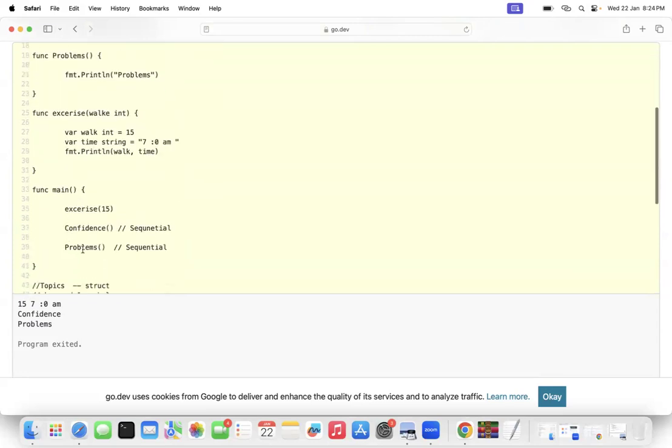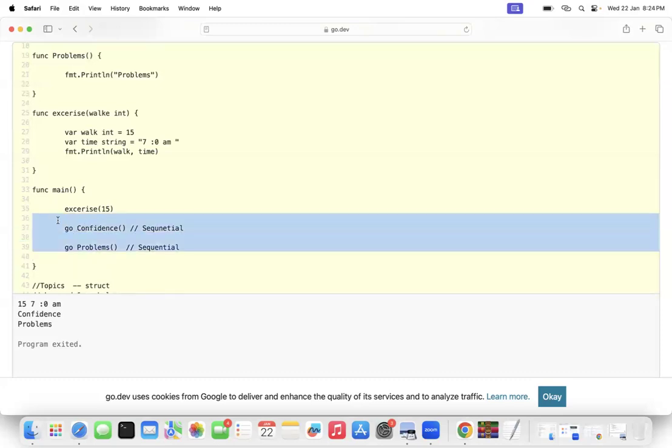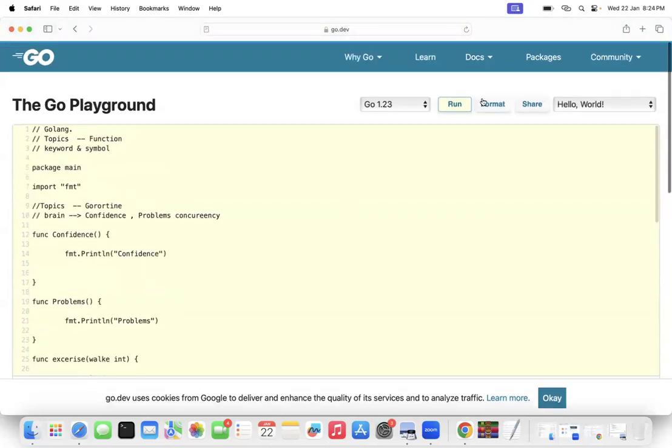So to get that concurrency, you have to make this a goroutine. So just write go here. If you just write go here and go there, then these two functions are not executed by you. It's under the control of the OS scheduler. Understood this thing? It's under its control.